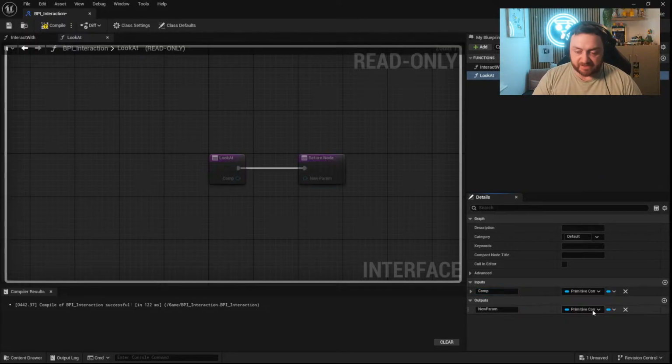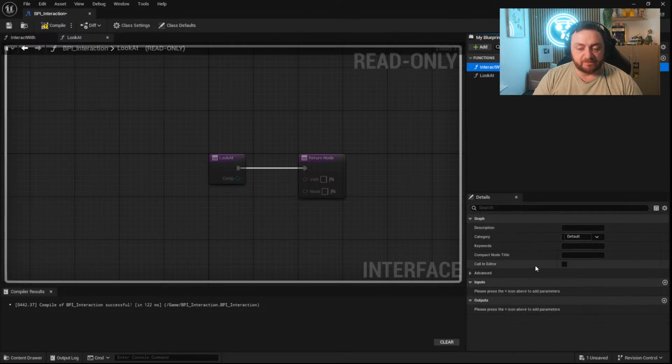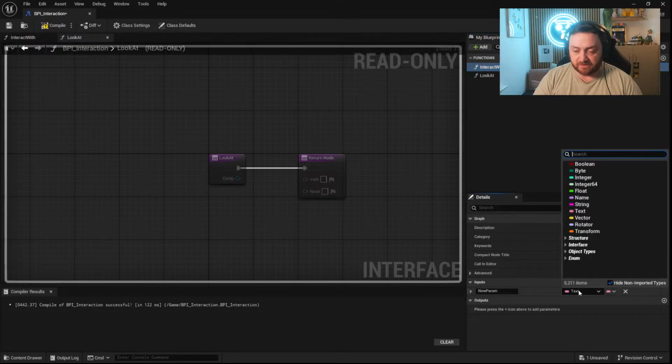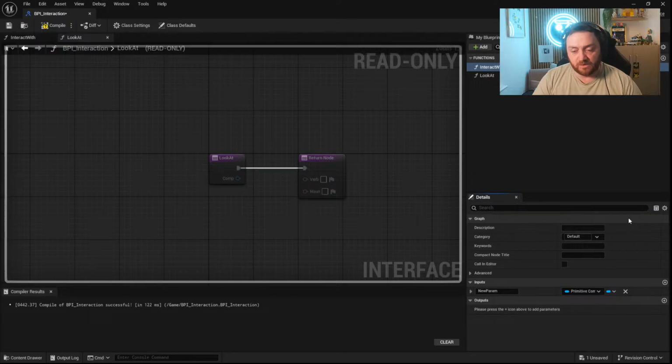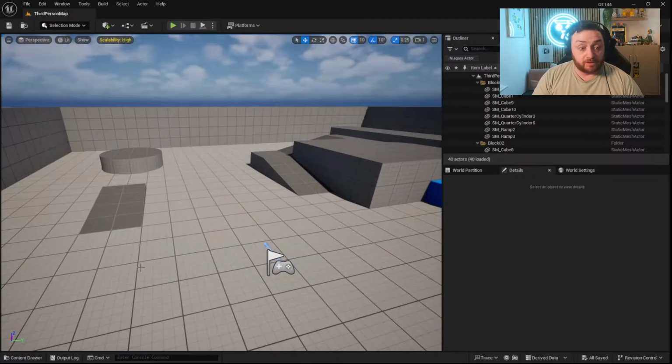And your outputs would be the same as you do if you followed any of my other stuff. You have the verb and you have the noun. Okay. Interact with, similar sort of thing. On input, so we want to put in the primitive component like that. Okay, so